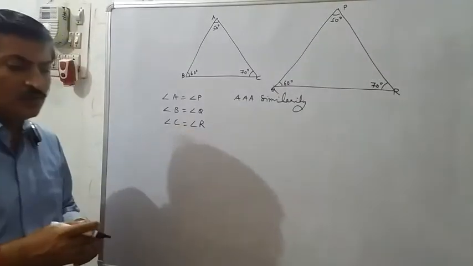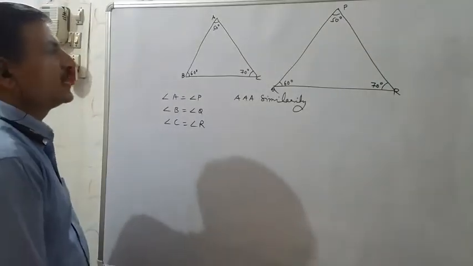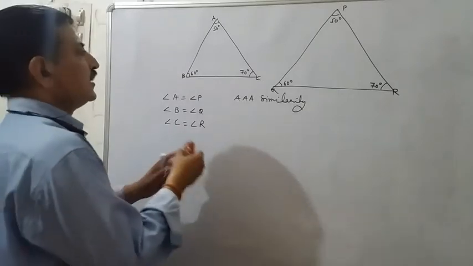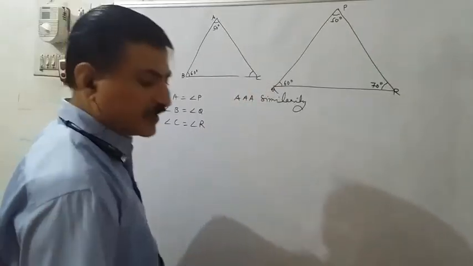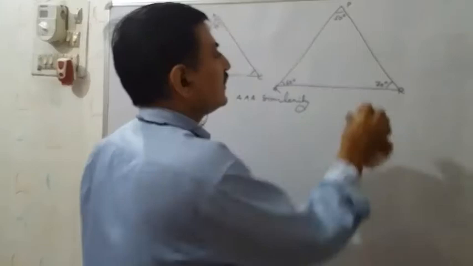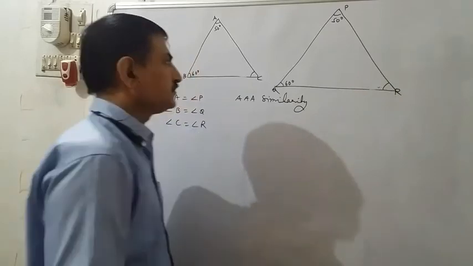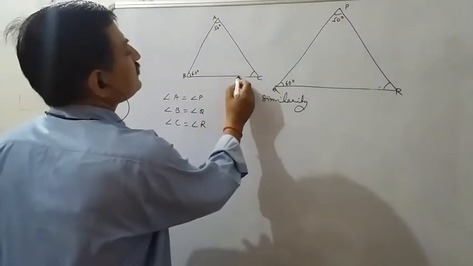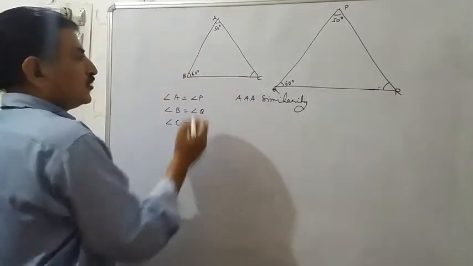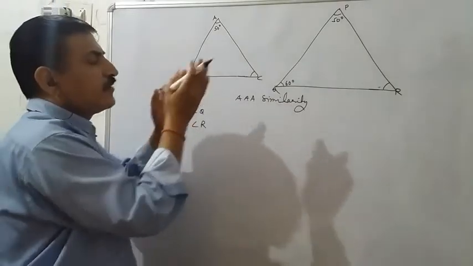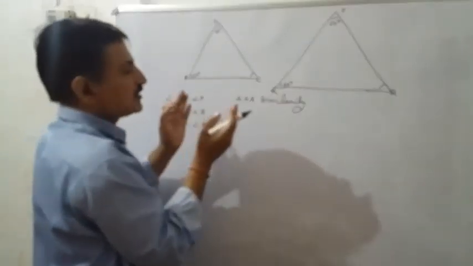Now you know the angle sum property of a triangle. If two angles of any triangle are given, then we can find the third angle. Here, suppose only 50 and 60 degrees are given, then by solving we can definitely get 70 degrees, and in the other triangle also. So in this case, even if only two angles are given, they are equiangular and similar, because the third angle we can find by the angle sum property.